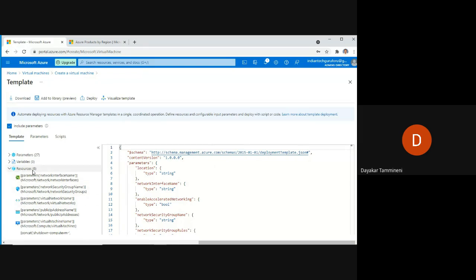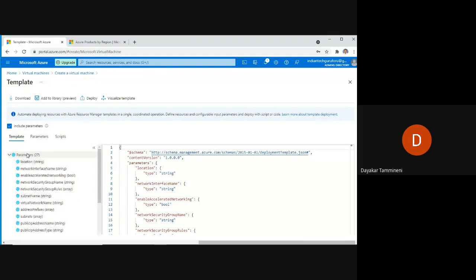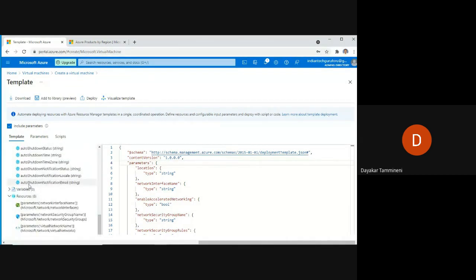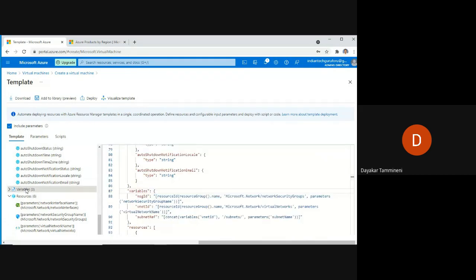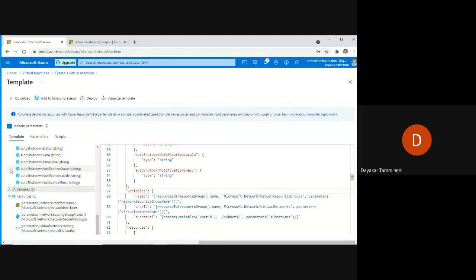So here you can see several different sections have been created. One is parameters. There are several different parameters, and variables. It is using 3 variables: NSG ID, VNet ID, subnet reference, and there is one more section known as resources. In the resources, it is actually using several resources.